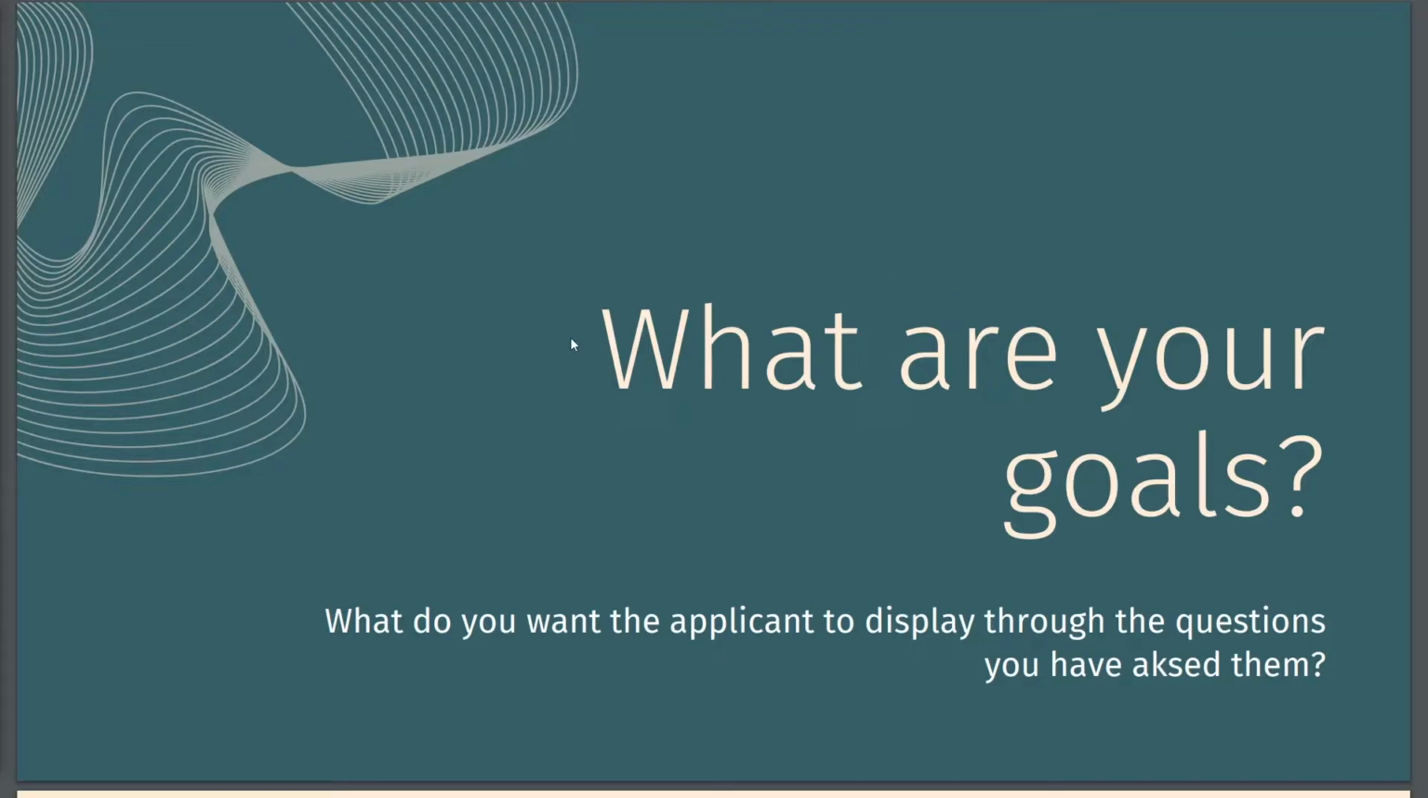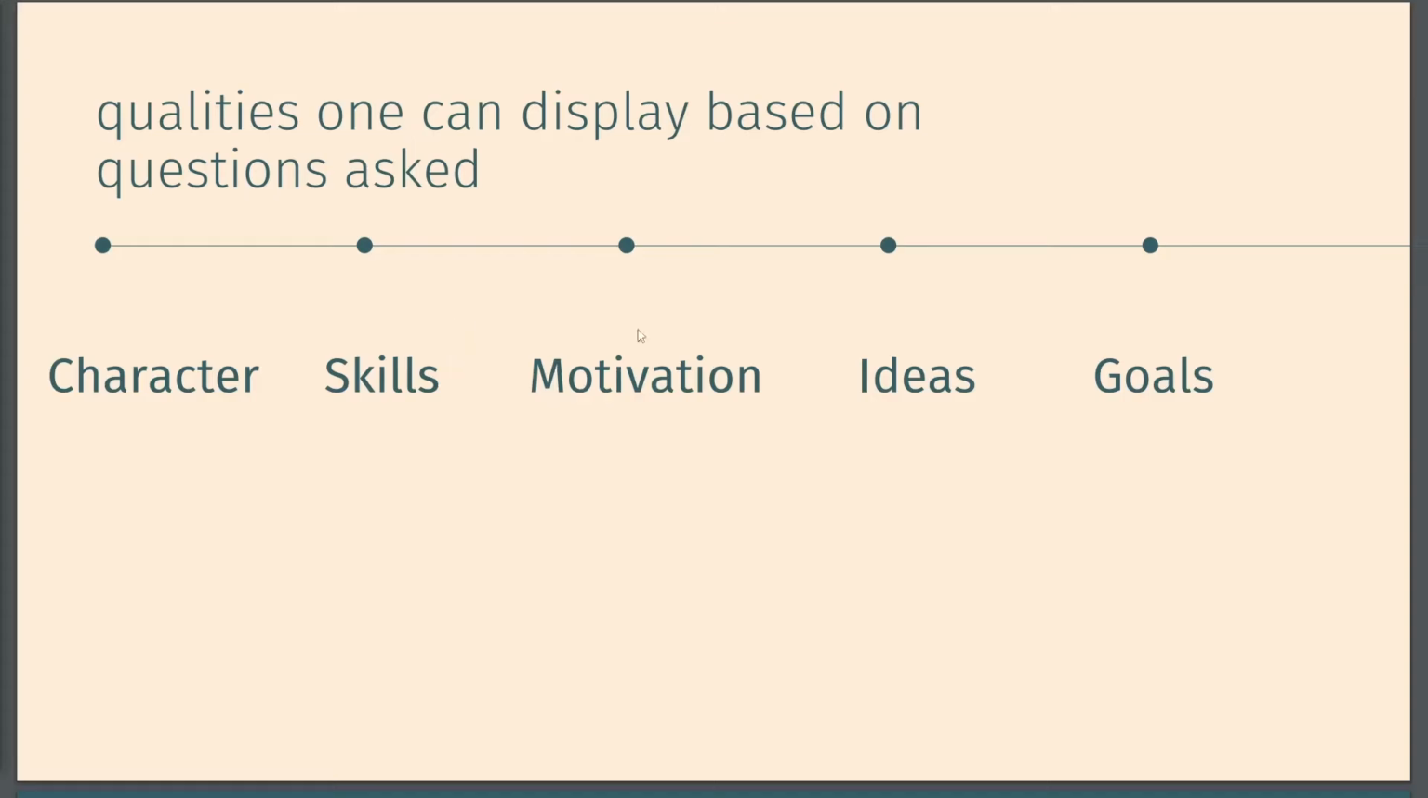So we already talked about what your goals are, and I mentioned that you can test for certain characteristics through your application questions. Some of those qualities can be character, skills, motivation, ideas, goals. There's a couple of others, but it all depends on the questions you ask. For example, you can ask a technical question like, what are your development goals? And through those, you can see an applicant's character and goals, because of course setting